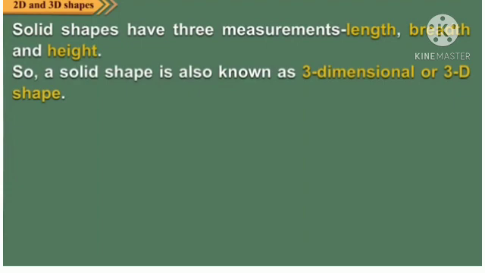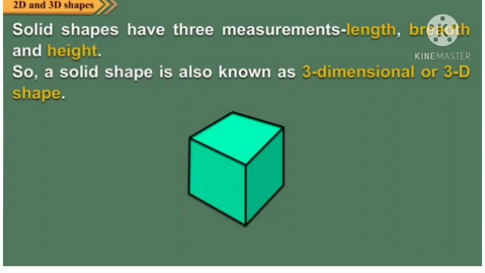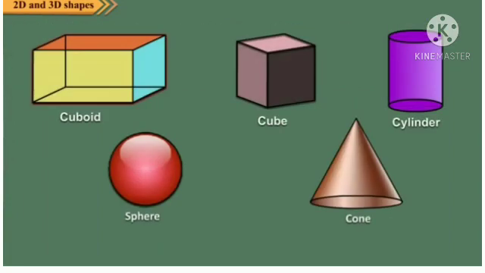Children, now let us know about some solid shapes. Solid shapes have 3 measurements: length, breadth, and height. So a solid shape is also known as 3-dimensional or 3D shapes. Solids have faces, edges, and vertices. Some of the shapes of solids are: